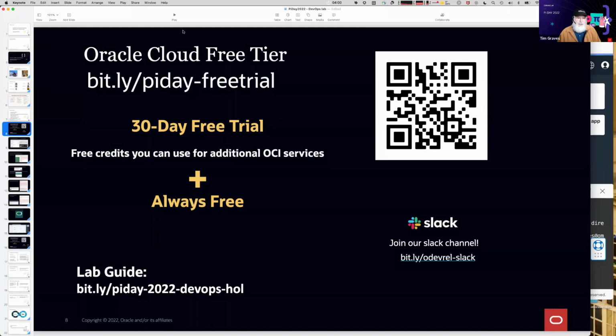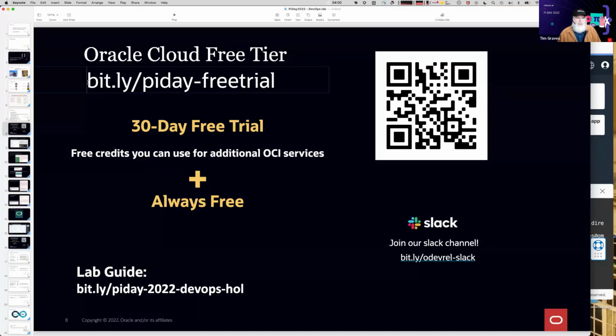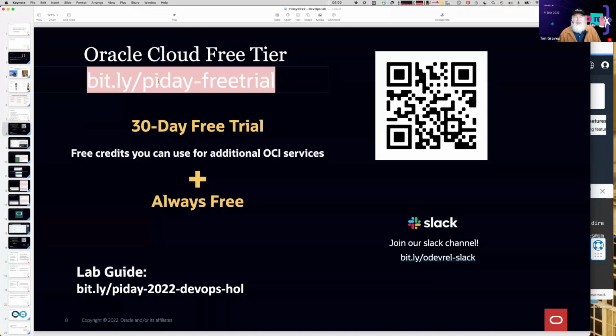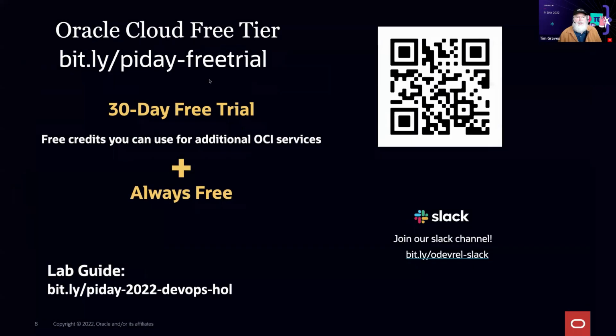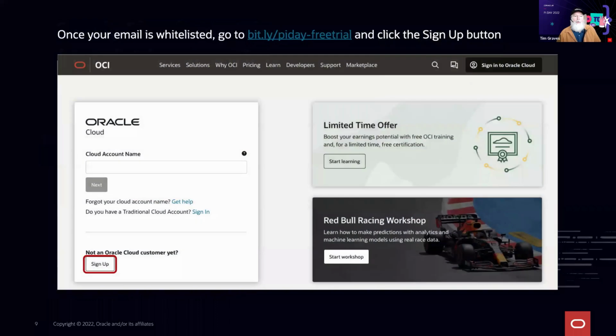The link that you need to follow to get to this is bit.ly/free PiDay free-trial. I will put this slide back up in a moment, but let's just explain what this process does and how it works. So what this will do is when you go to this location, it will bring you to a page that looks like this. If you click the sign up button,